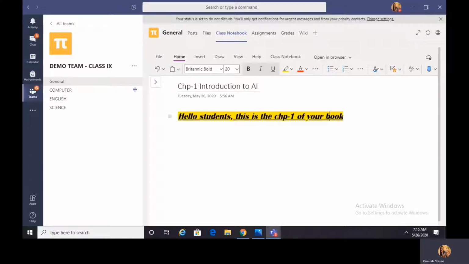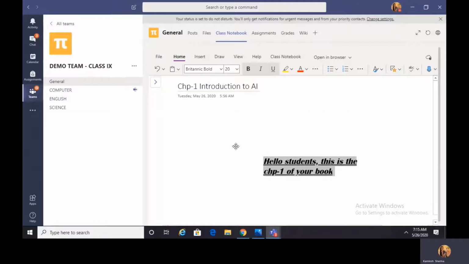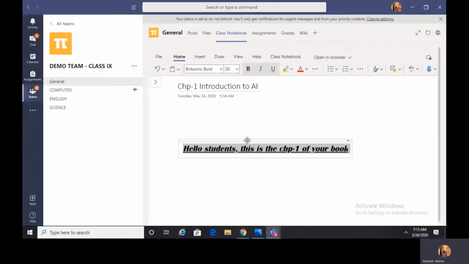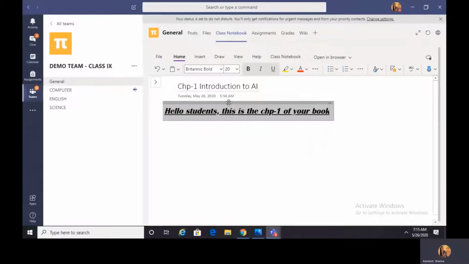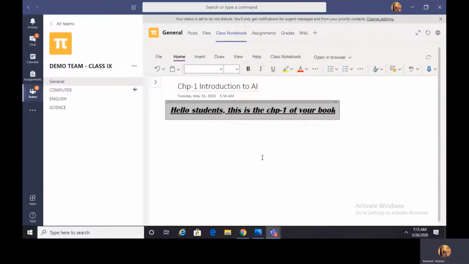Once you are done with that, see, if you bring your cursor towards the extreme left of your content, it is going to change into a four-sided arrow, which shows that now you have selected the text box and you are ready to move the content anywhere on your page. If you want to keep it here, you can keep it here. If you want to keep it there, you can very well go and do that. Just simply click it.